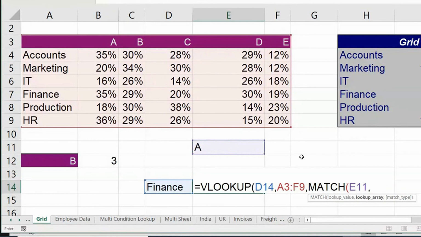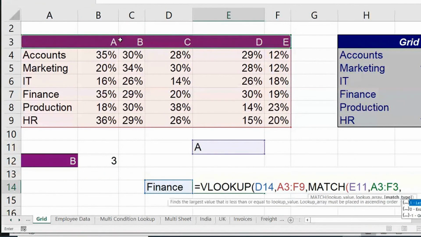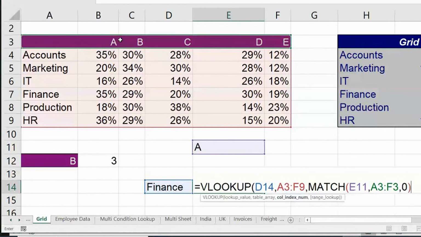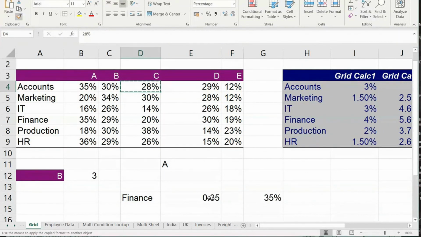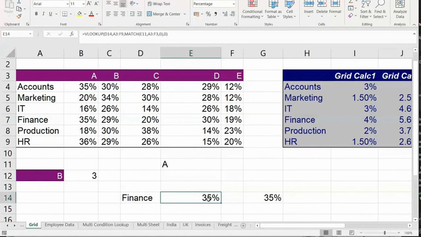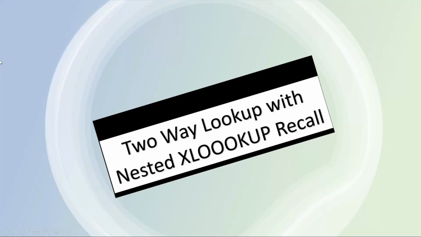So I just comma, and I take this array. Okay, this is the array. Like you are trying to count this A in this array. So if I count A, it will give me 2, correct? Comma, put 0. Then close the bracket. Then put a comma. Final 0. VLOOKUP, you have to close at the end, right? So we put a 0 there. Then I close the bracket. So this is how you can do two-way lookup with VLOOKUP and MATCH.